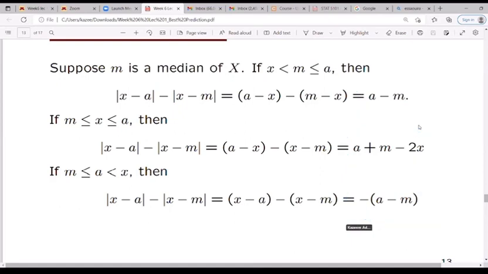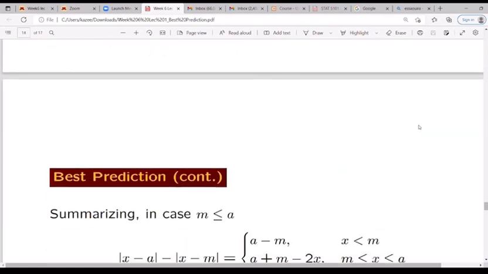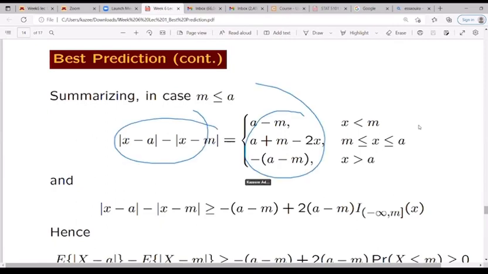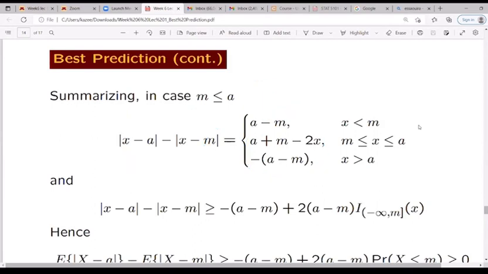So these are the three possible scenarios. And what am I going to do to them? What I'm going to do is distribute them. So summarizing that now, I'm going to write all three scenarios, and I'm going to state the situation under which each of them is applicable. For this is X minus that, for that is this, and for that is that. So take a look at that now.